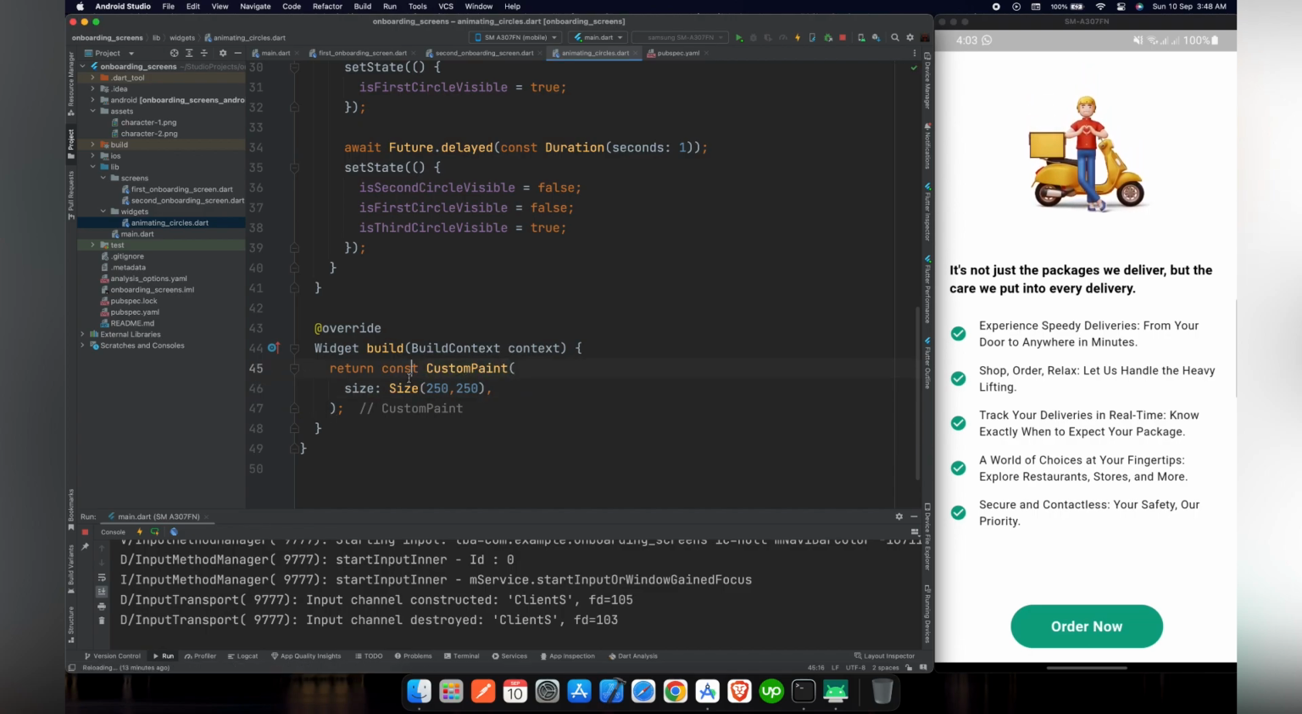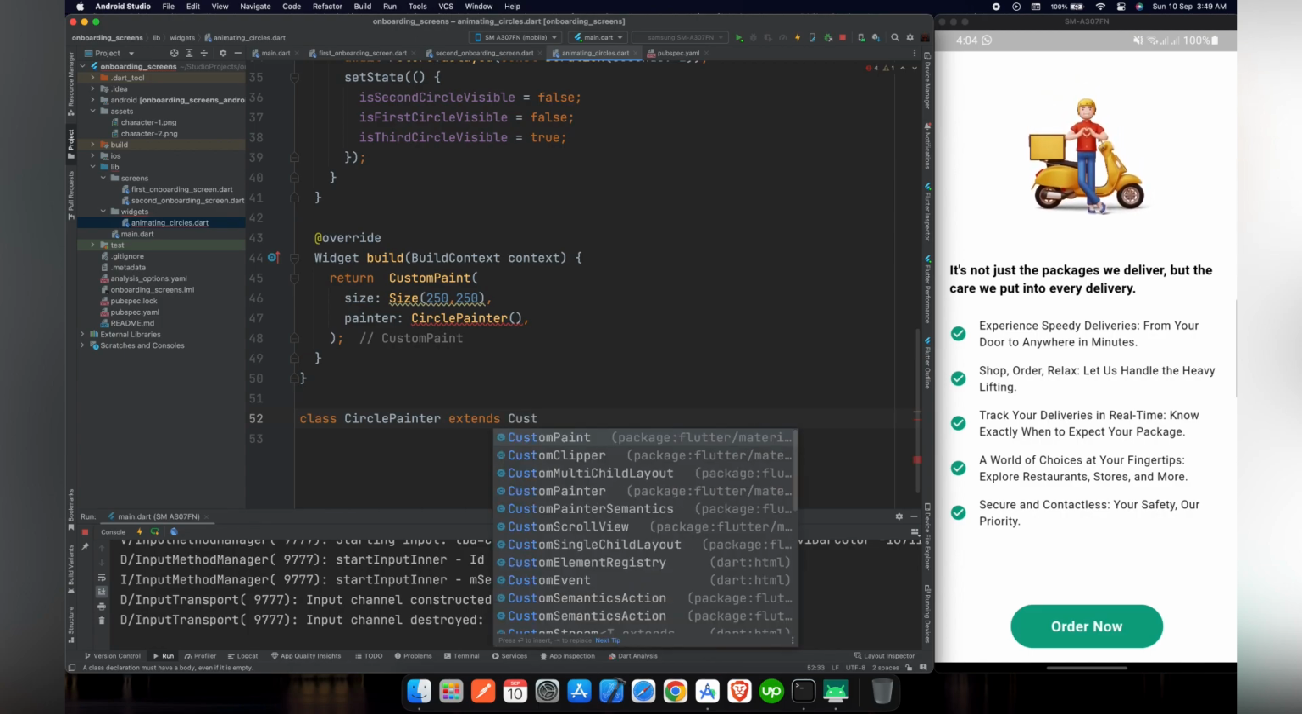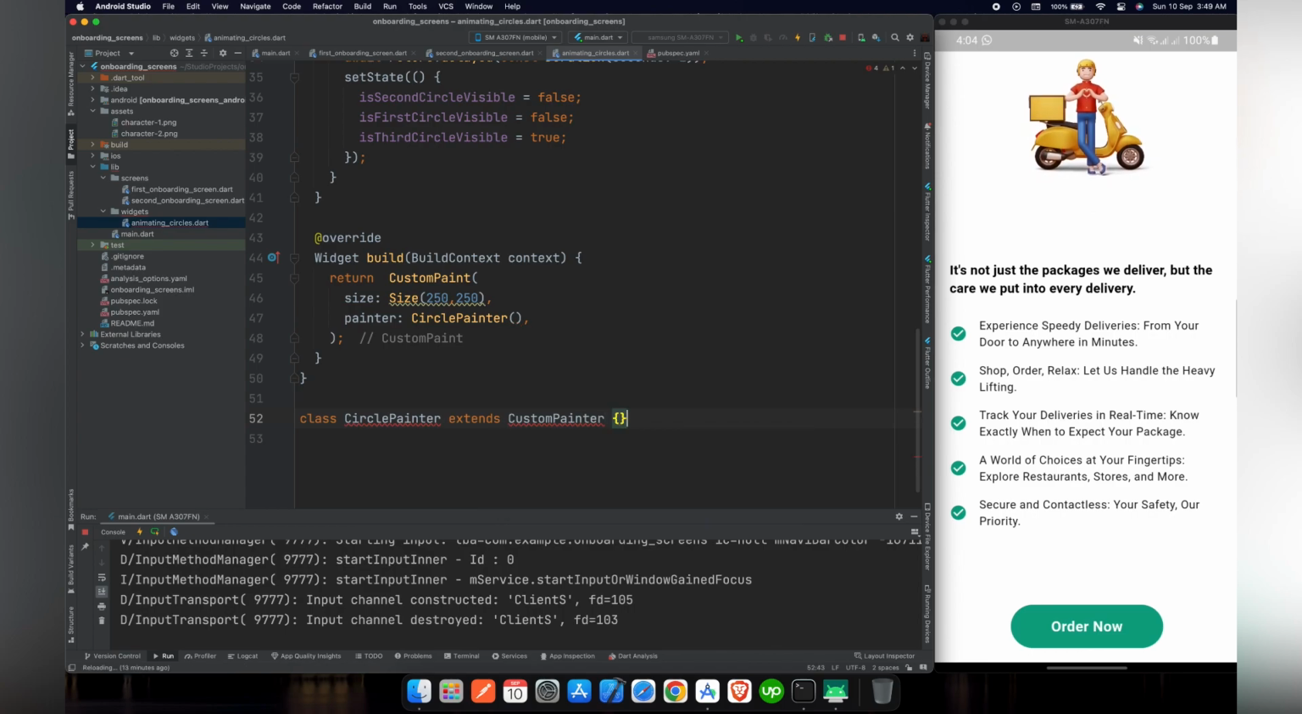It will custom paint, it will define the space in which our animation will take place, for which we are going to develop a custom circle painter. The sizes we have given: width is 250 and height is 250, and for the painter parameter we are going to create another class with the name CirclePainter, and inside CirclePainter we will extend it with CustomPainter,